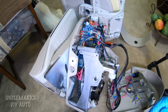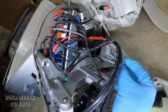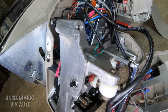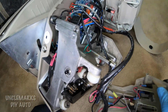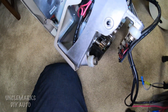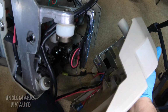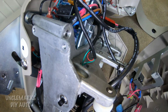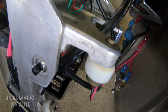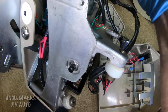What else we got to show you? If you're going to put that cover back on, you want to make sure where these bolts go in. See, they're quite long. It's kind of interesting to see how this is working. What works, what doesn't. Of course, if you do take this apart, you want to make sure if this was actually on the actual rail itself, that wire wouldn't be pushing where the rail is going to go. So I'm going to have to make sure if I do put this back on with the batteries in it,